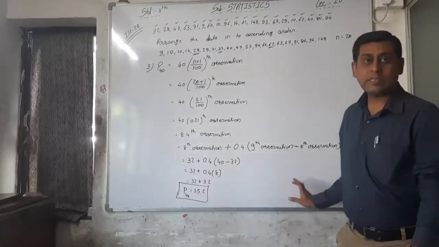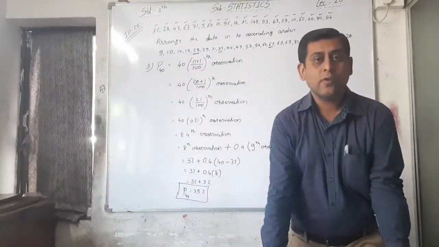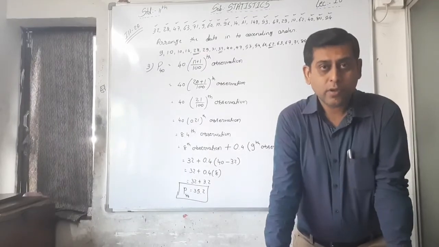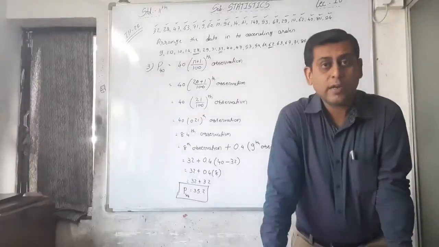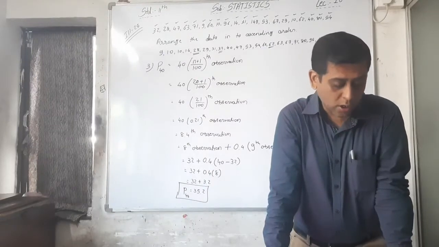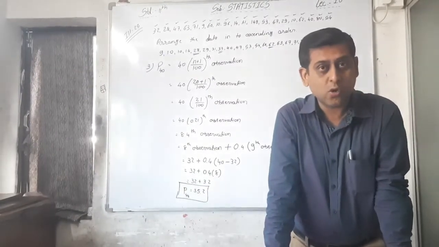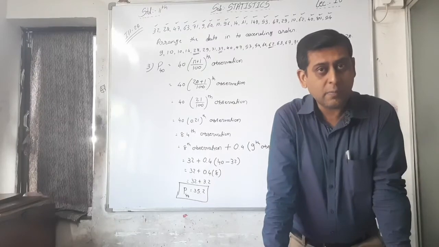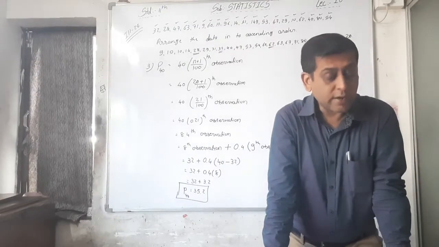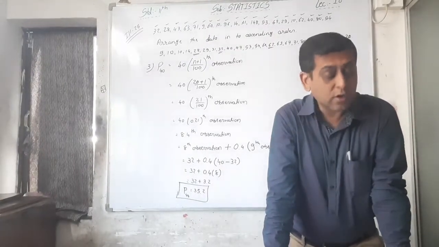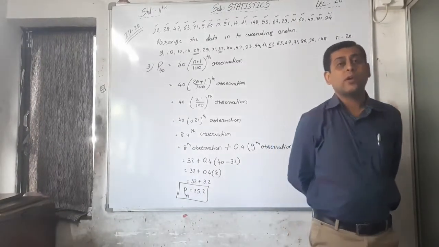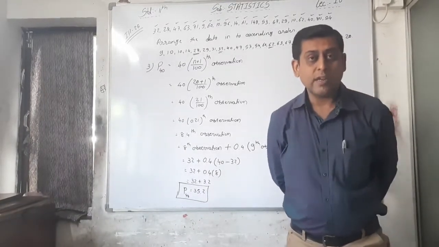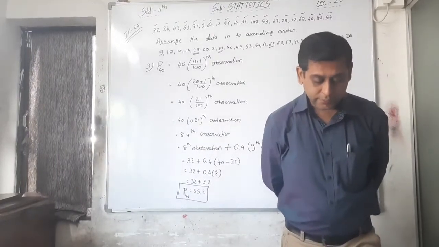Okay, see, this is the sum of ungrouped data. Okay, and we will see the formula of that and practically do all the sums, that is Q1, D7 and P40. Now the next question is for the grouped data, and also it is a most important sum. You can write here, it's a very IMP sum, right?